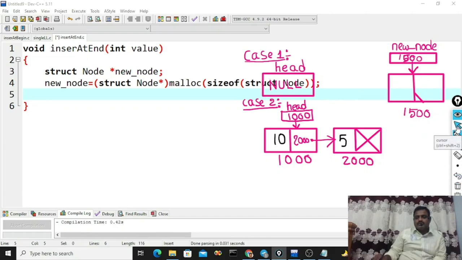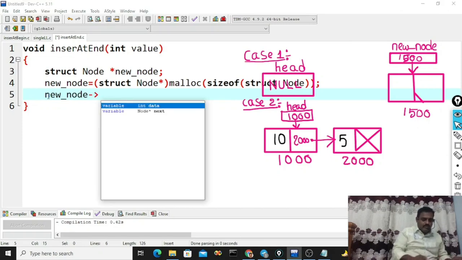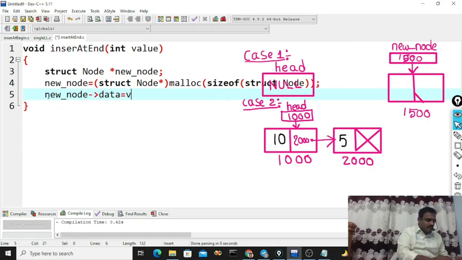So how to store the data? new_node arrow data is equal to whatever value the user is passing. Suppose the user is passing 25, then 25 will be placed in this location.